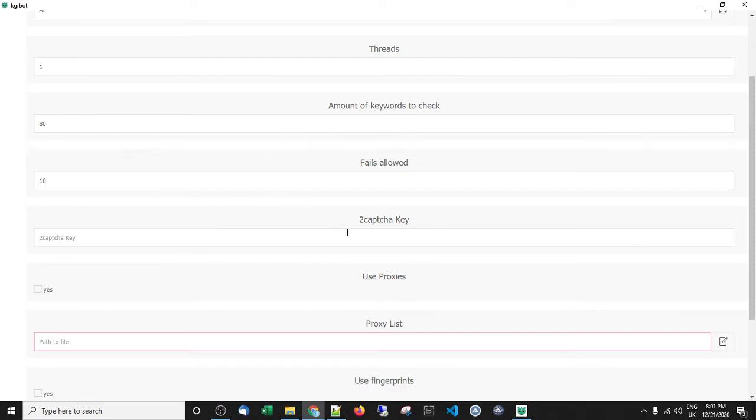So don't be scared of all these extras like the 2Captcha, the proxies. You only need to worry about this if you're planning to scale. Now, why you need this: sometimes when you use proxies, Google might throw up a captcha, them dreaded reCAPTCHAs. You can use a service such as 2Captcha. They give you an API key. Again, you get full support, so don't worry if this is over your head or you don't understand. You put the API key here and the captchas will automatically be filled out for you.